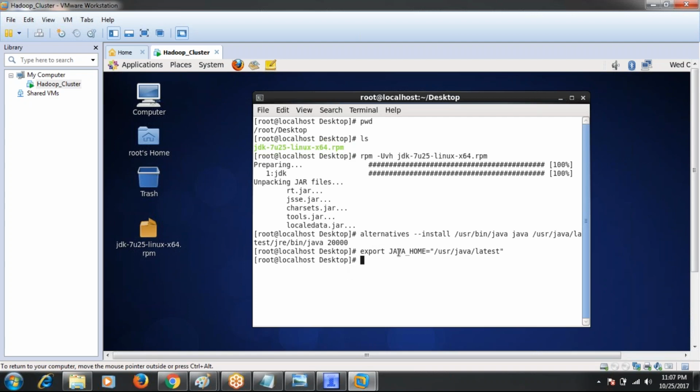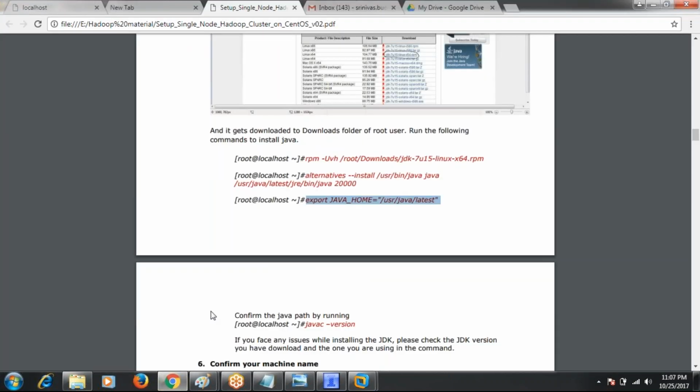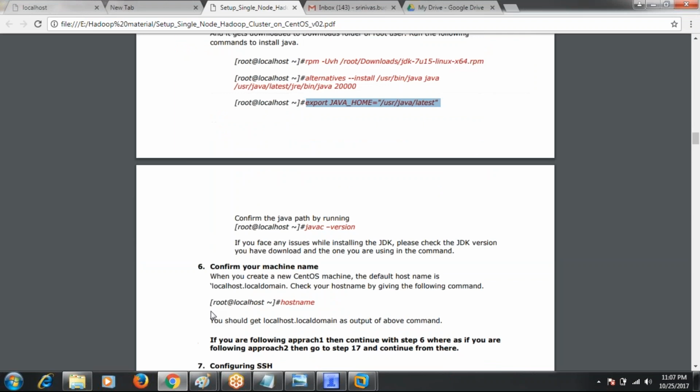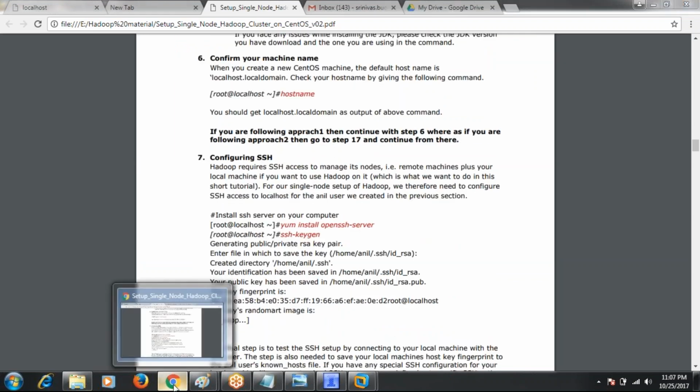Now, if you want to check the Java version, you can use the command javac -version. See here, we got the installed Java version, Java 1.7.0. Java installed successfully. Next, confirm your machine name. The machine name is the host name.